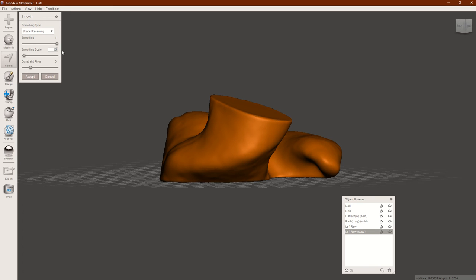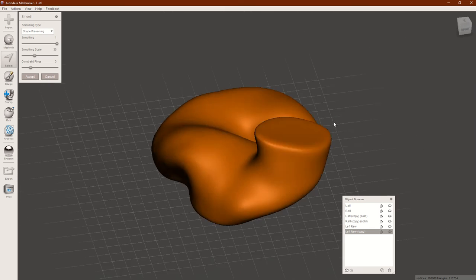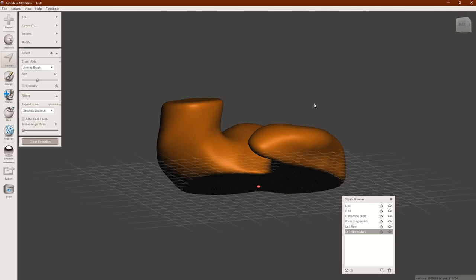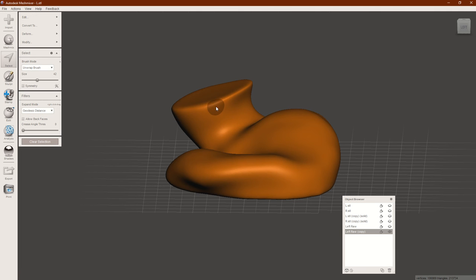When I click away from it, you'll see that it smooths that whole model pretty nicely. What we're trying to simulate here from the old invest and pour method that I used to use is smoothing it and creating a little bit better seal by growing it through this process, almost like dipping it in paraffin wax with a toothpick, the old impression method from the old days. Okay, so that done, I'm going to hit accept, and it leaves the model selected, which is cool, because what I need to do now is grow it just enough so that it fits more snugly in the ear. So I'm going to hit edit,